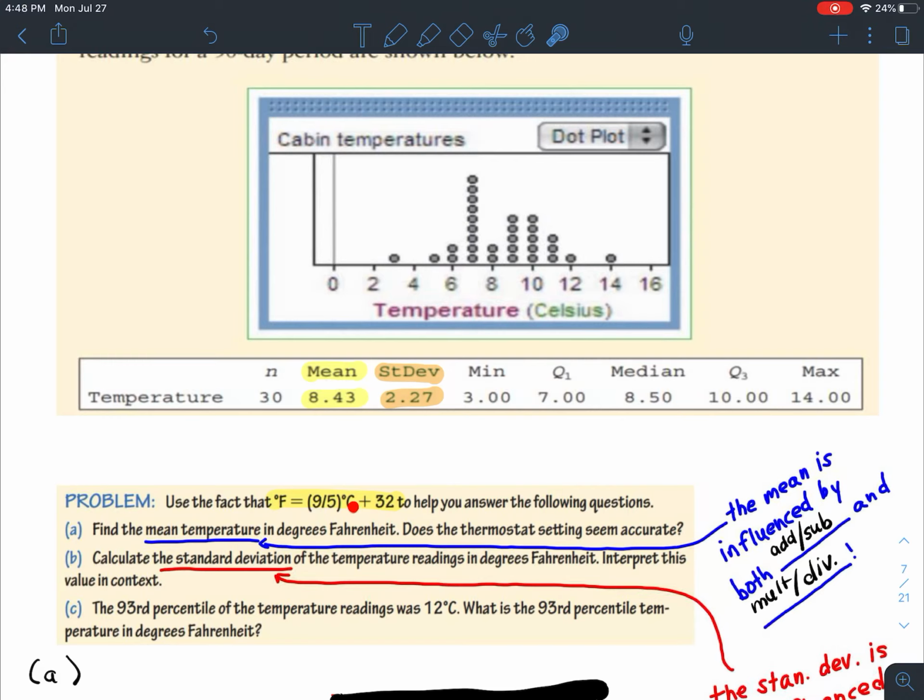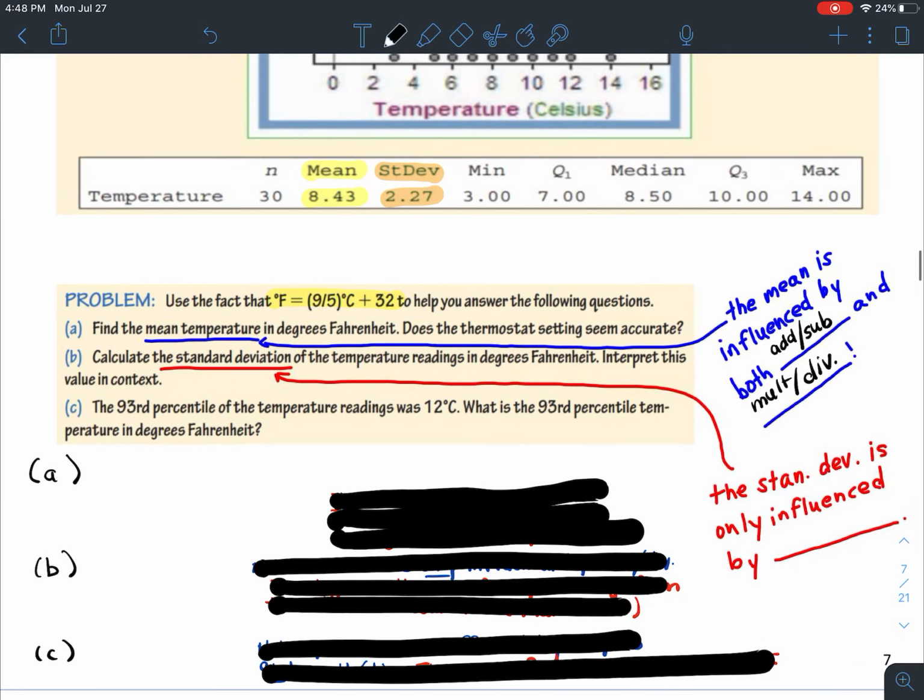And that's because the mean is a measure of center. So if I'm going to convert from Celsius to Fahrenheit, and I notice here that I'm adding 32, and I'm also multiplying by 9/5, all of this gets affected by the mean. So down here, I'm going to work this out. I'm going to take my Fahrenheit formula,